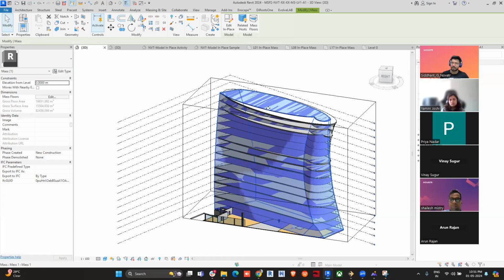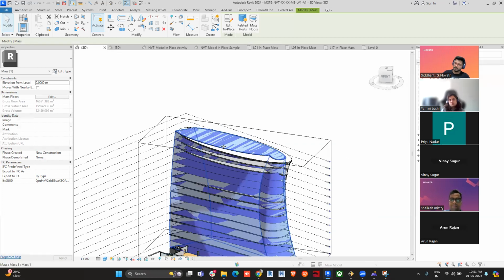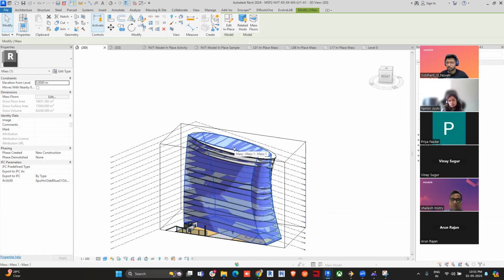Well, this is possible when you create an in-place mass inside the family menu and drop it over here. It's a bit advanced topic, we will cover it in a doubt clearing session, okay? So you can actually create this mass, or if you want to put the mass in multiple Revit files, let's say there are two towers looking similar and you want to put a similar mass for both, there is a lot of different stream. We'll have the family concept clear in M4. After that we'll discover this in our doubt clearing session. Okay. So